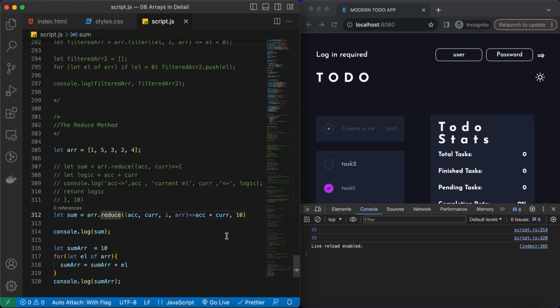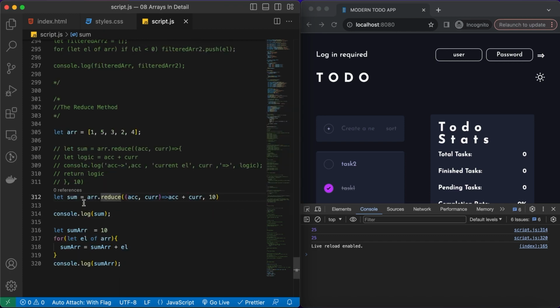Okay, so this is all about the reduce method, and you can use it according to your requirements in your use cases. Okay, so this is it for this lecture